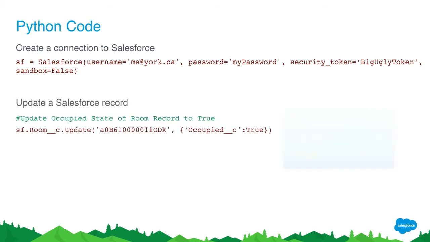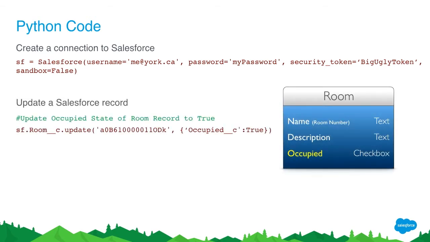So we're going to update one of our records. This is our simple room object where we're storing the state of the room. Our line of code there has an interesting character string at the beginning of it, if you're not familiar with those things. That is the actual room, the unique room ID identifier, and we'll show where you can find these for any type of Salesforce record.